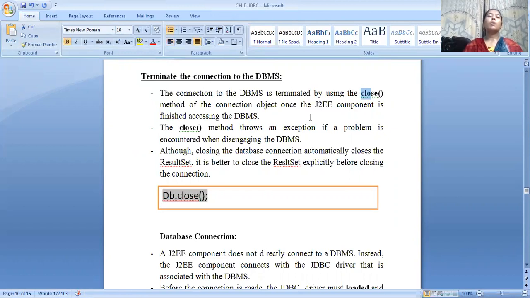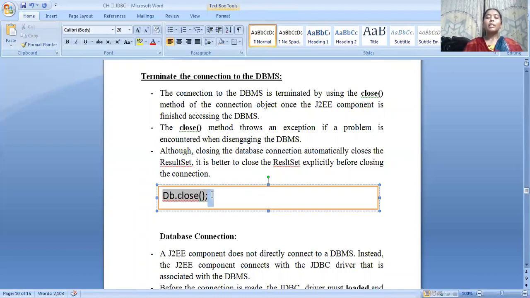This close method will throw an exception so that the particular database connection should be closed automatically in the result set. So db dot object dot particular variable dot close function says that whatever connection you opened earlier has completed its action, so please terminate that.